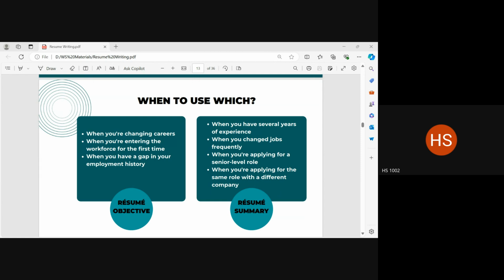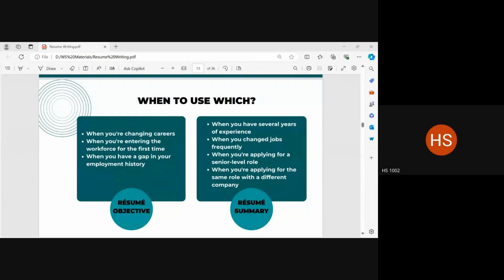These are just ways in which you can look at your own employment history, your own resume in a positive light. Okay? It is very important for me to address these things even as I tell you the difference between a resume objective and a resume summary, so that if and when you need to use these things, you will not just use them in the correct context, you will also look at your life and experiences in a very positive light. That will make you very confident as applications go, right?